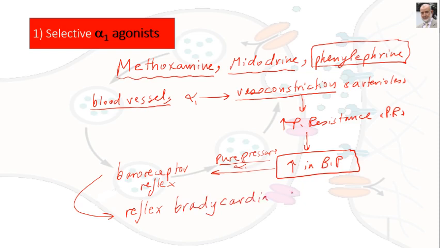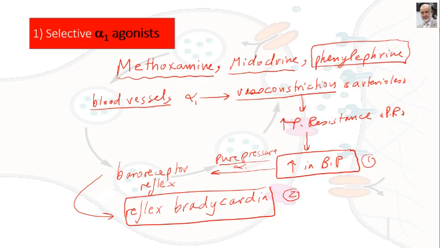Okay, so this is the second effect. The first effect is a direct effect on the smooth muscles of blood vessels. They produce vasoconstriction, increasing the peripheral resistance, increasing the blood pressure. This increase in blood pressure, if it is strong enough, will stimulate the baroreceptor reflex, and as a result, the baroreceptor reflex will result in reflex bradycardia. Okay, so these are the major actions of alpha-1 agonists